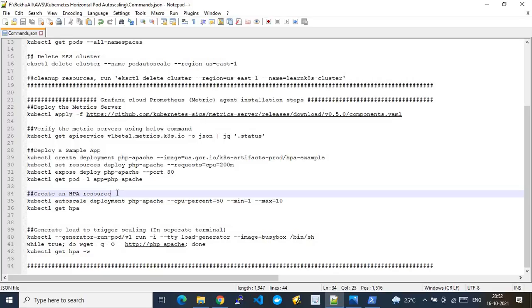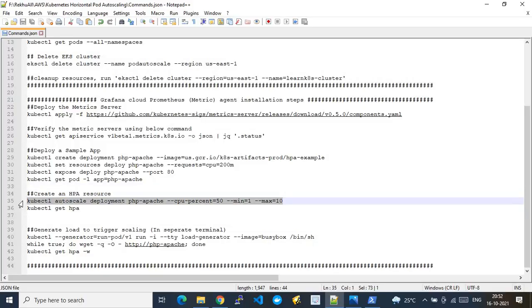Okay. In this demo, I'm focusing on how to configure the autoscale. To show that, what I did is I configured the metric server. I hosted an example sample app on my EKS cluster. Now on top of that app, what I'm doing is I'm configuring the HPA, that is the horizontal pod auto scaling configurations.